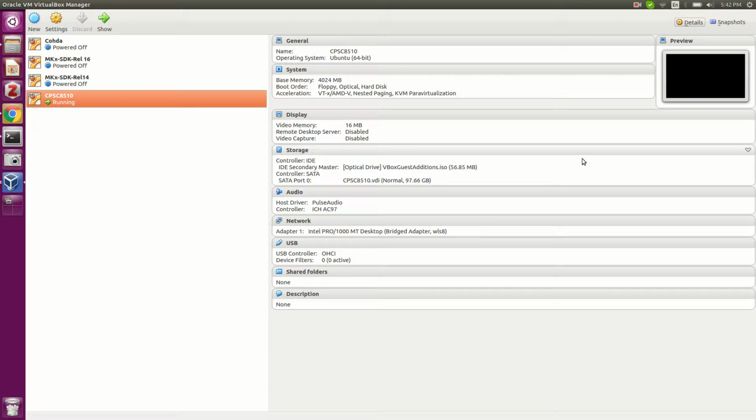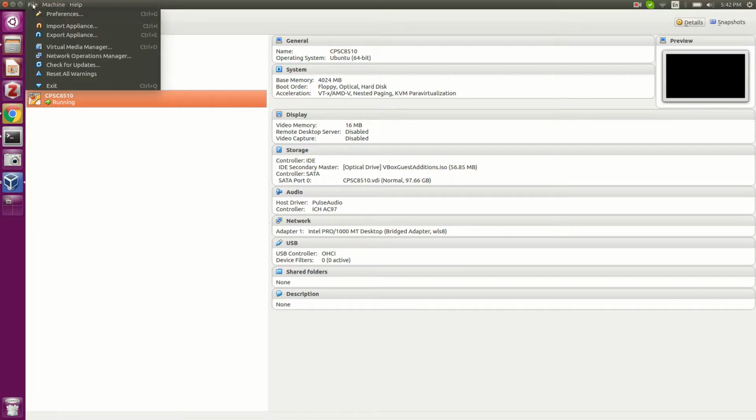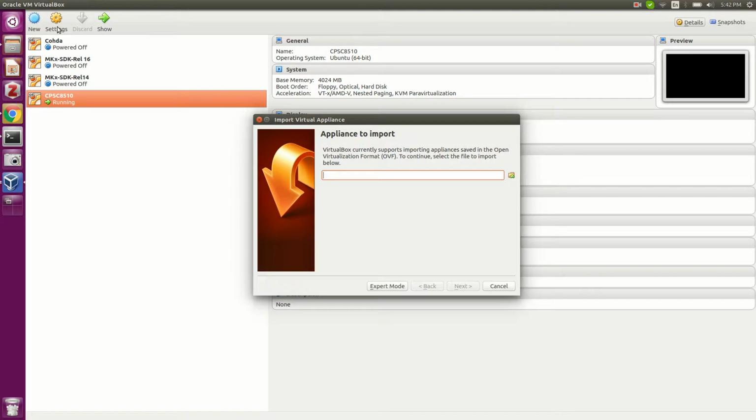The exported appliance that will be shared with you, and hopefully by now you should be able to see it either on Canvas or on the website, will be a file with a .ova extension. To import this file, this is what you do. You open your VirtualBox Manager, you go to File, click Import Appliance.